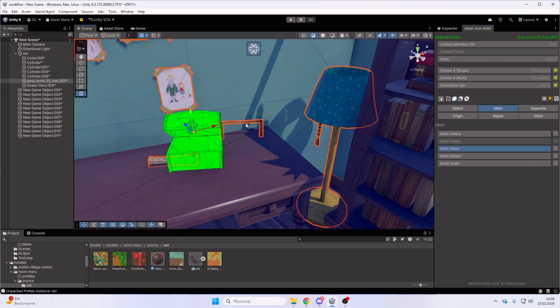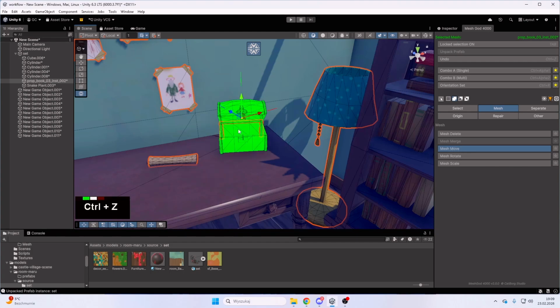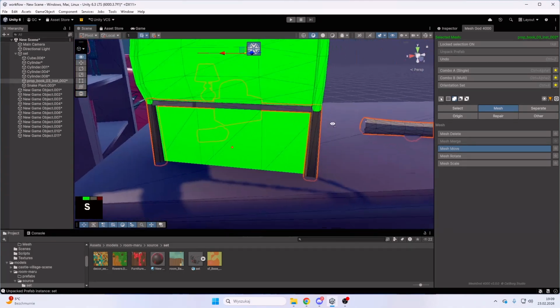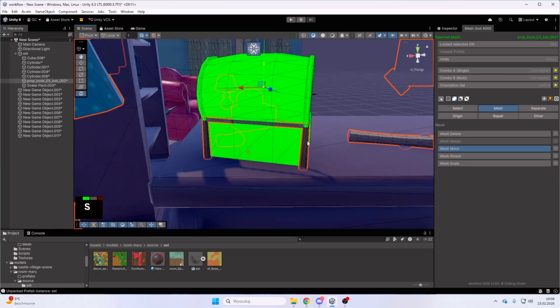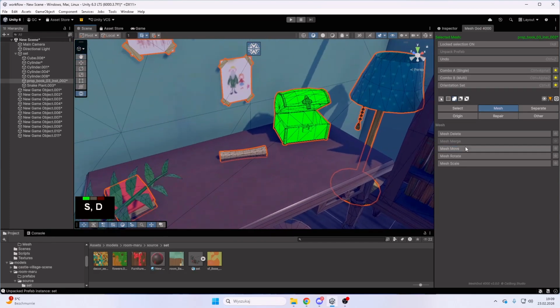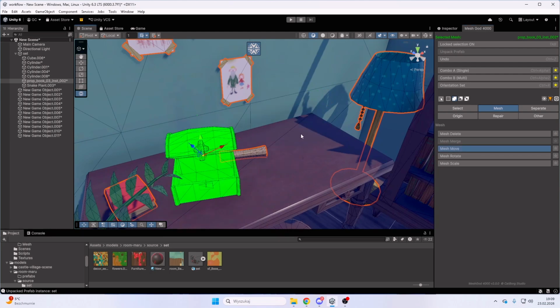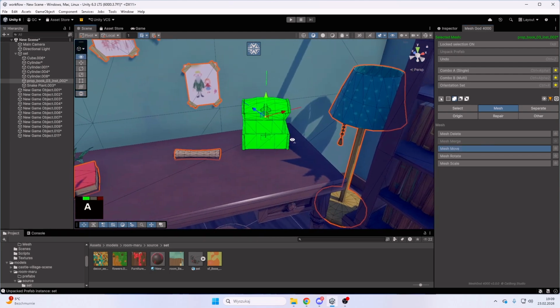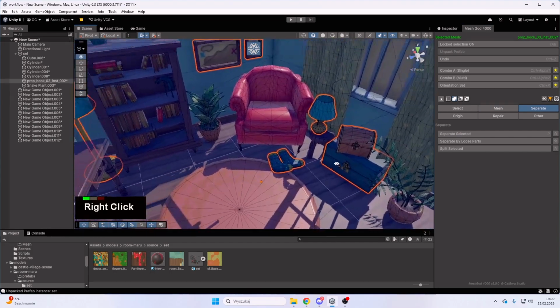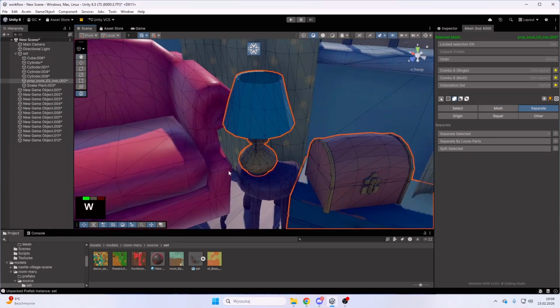Let's move. We can see that the moving thing I told you about is actually pretty useful, because right now we see that we skipped some parts. Let's go quickly around and fix the selection. Mesh move. No missing parts, no leftovers, so we can separate selected. We can also take this small lamp,